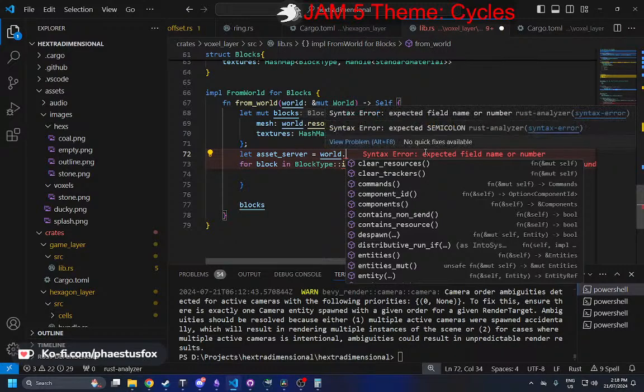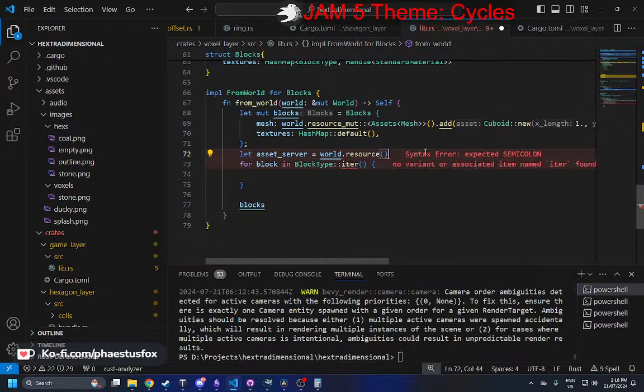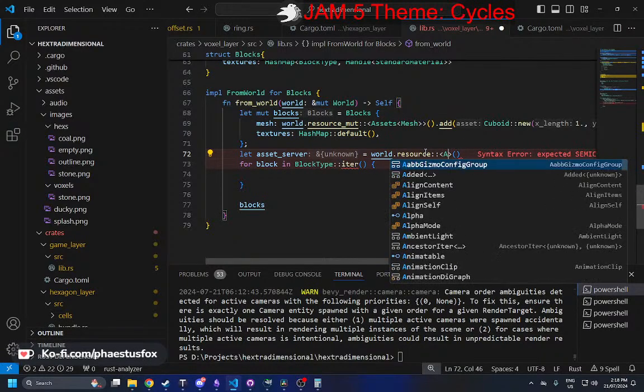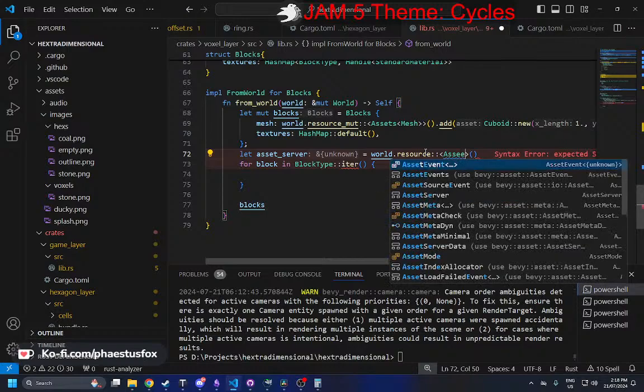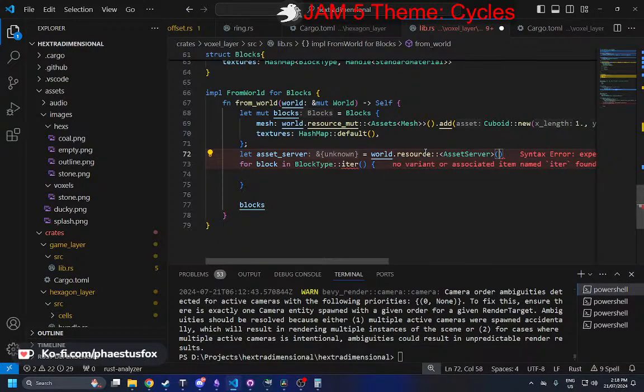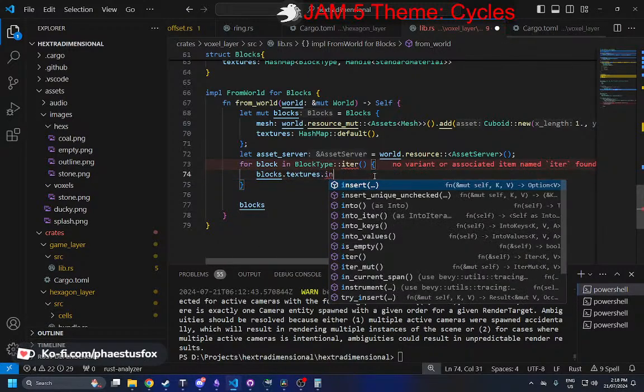Asset server to word, and then we need to go resource. Asset. No, asset server. Okay, so you got our asset server, and then for the iteration to the blocks, we're going to say blocks.textures.insert